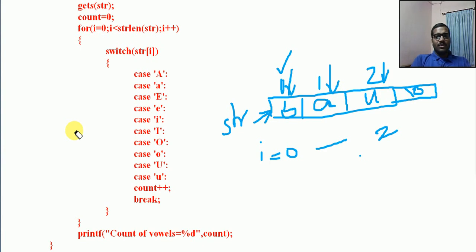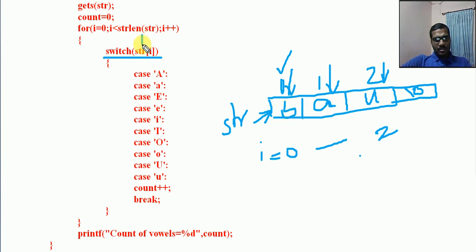So switch of str of i, switch of str of 0. Each time it enters the for loop, in the first iteration, that is i equal to 0, it will switch on str of 0. That means switch of str of i. What is this?